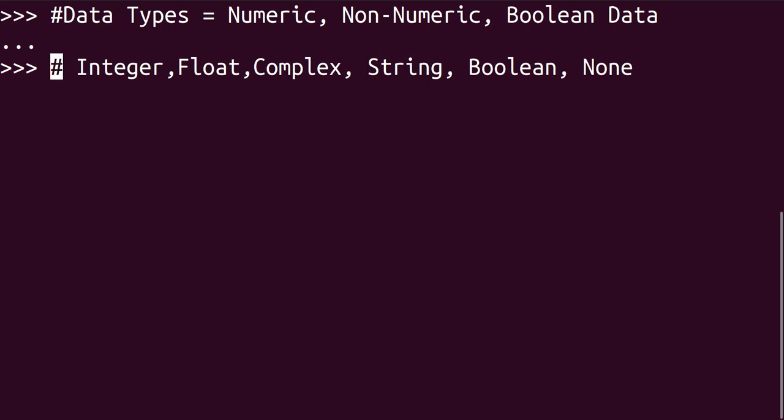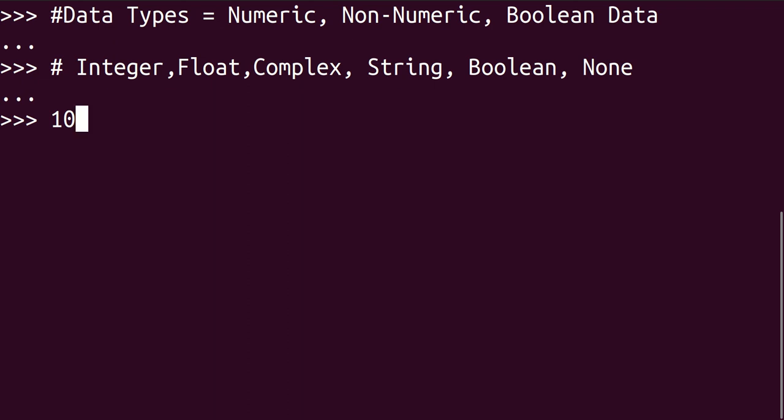So yeah, these are the data types we'll be talking about in this video, and let's get right on it. Talking about the first one, the integer data type. So what are integer data types in Python? This starts with things like 4, 5, 45 in this case, 7, 10. Think of any natural number,